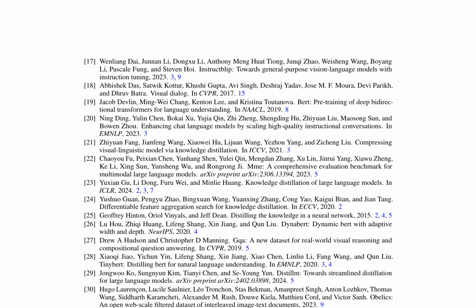The paper also reviews several state-of-the-art vision language models, including InstructBLIP, Visual Dialog, BERT, and MMBERT. These models have demonstrated significant improvements in tasks such as image-text matching, visual question answering, and text-to-image synthesis. However, the authors note that these models still face limitations, including the risk of object hallucination and the need for